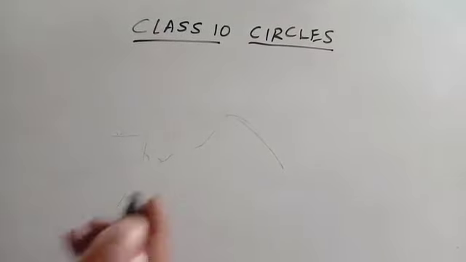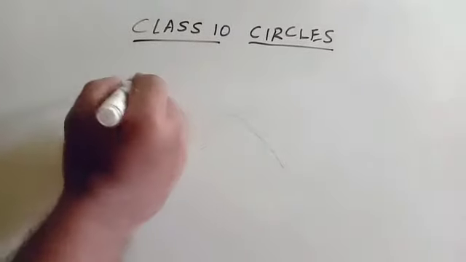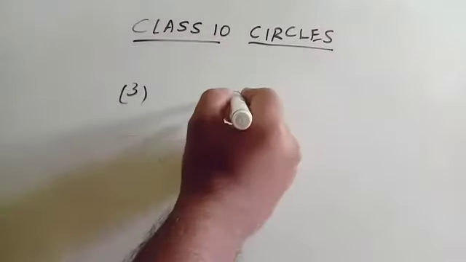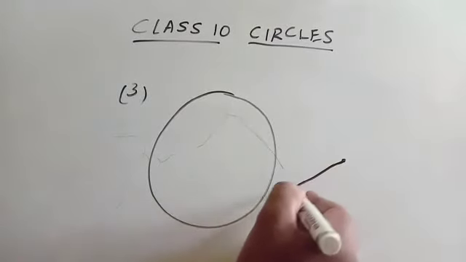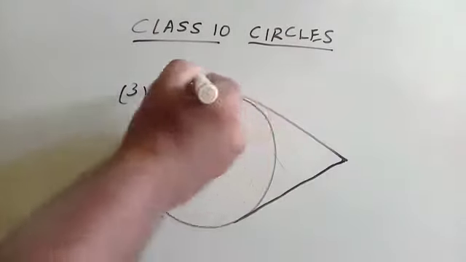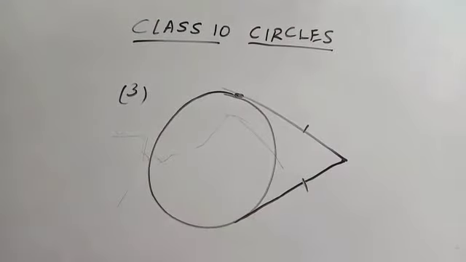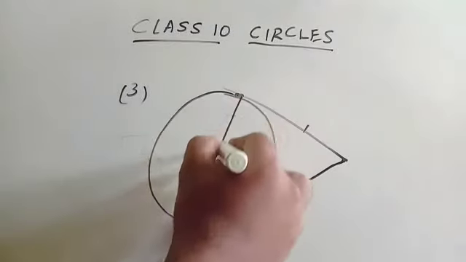This is the fourth video of a playlist of class 10 circles. If you haven't watched the first three videos, please go and watch them. In the previous video, we discussed the third property of a circle. What is the third property? We discussed that if I am drawing two tangents from a point outside the circle, the lengths of those two tangents will be equal. Why will the lengths of those two tangents be equal? Simple. Everything comes from similarity only in geometry proofs.